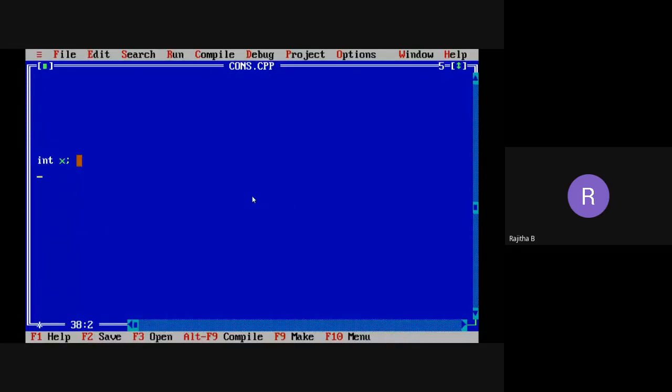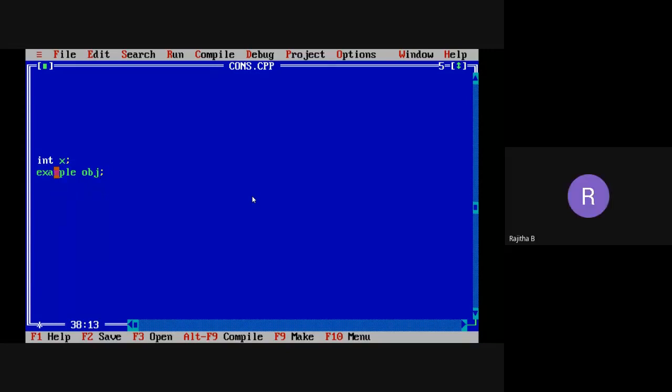Now I want to create the object for the class Example, and my object is obj. Clearly observe these two. X is a variable and the type of x is integer. Obj is the object and the type of object is Example.